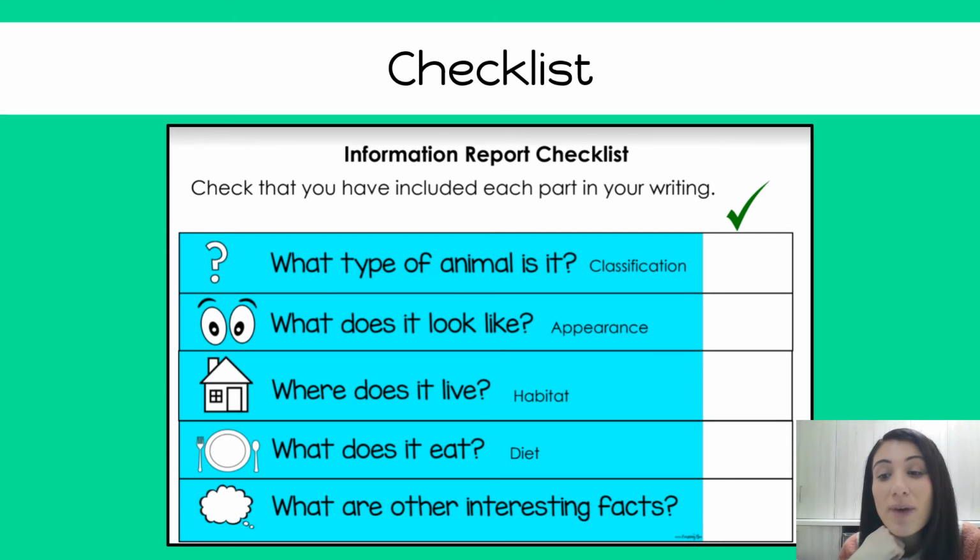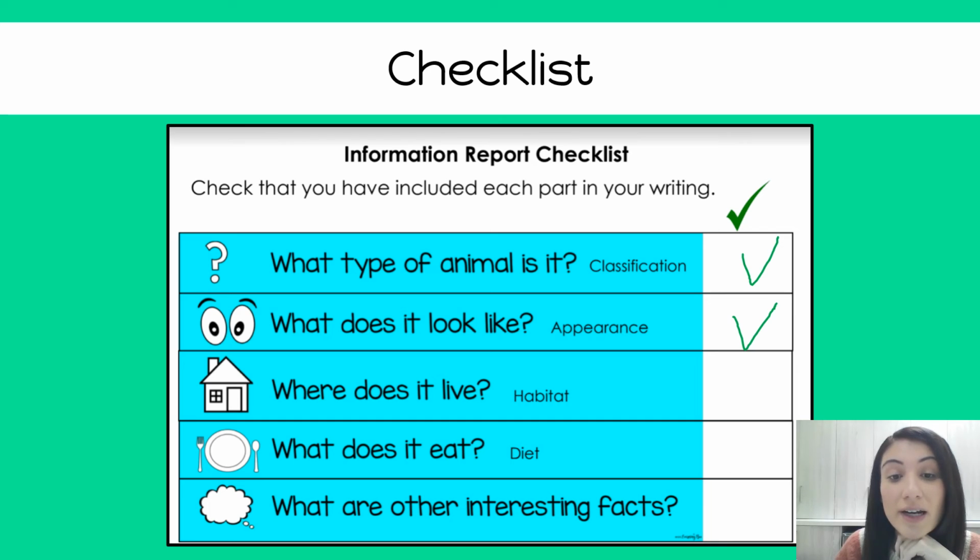Now here's another reminder today of our information report checklist that we are using to make sure we've got everything we need. So yesterday we ticked off the classification and the appearance. Those are the things we gathered information about yesterday. And today we really want to be focusing on habitat, diet, and interesting facts, the three things that are left on our checklist. So before you all go and do your research today,